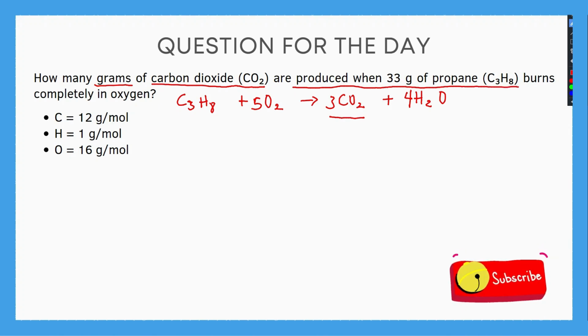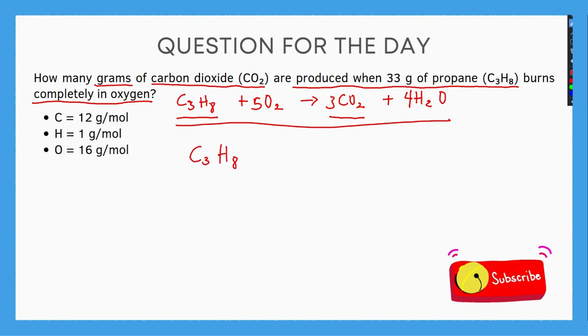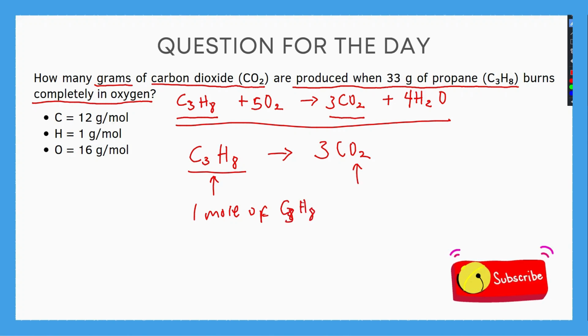The next thing they are telling us to focus on is propane burns completely in oxygen. So now let's go ahead and get the mole ratios from the chemical equation before we solve to get our final answer. From this chemical equation, you can see that propane, C₃H₈, burns to produce 3 moles of carbon dioxide. Over here we have just 1 mole of propane, C₃H₈. And over here we have 3 moles